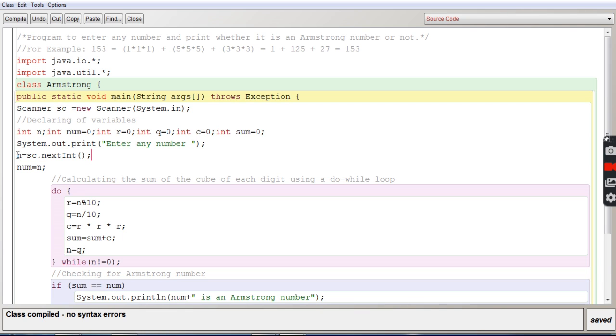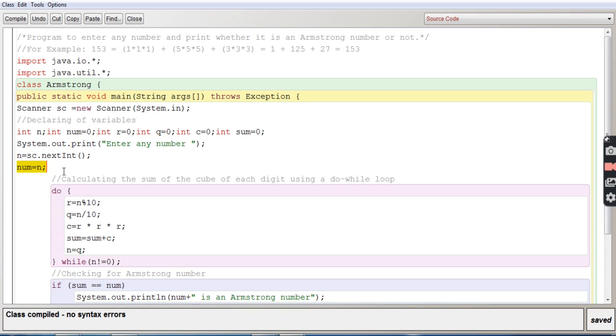So to n I am going to give a number, that is the number given in the example, that is 153. So num is equal to n. What is happening over here is num is getting assigned the value given to n, that is 153. So we are given n as 153, and num is also getting the number 153. That's why it is saying num is equal to n. So n is giving its value to num, so num becomes 153, that you have to remember.